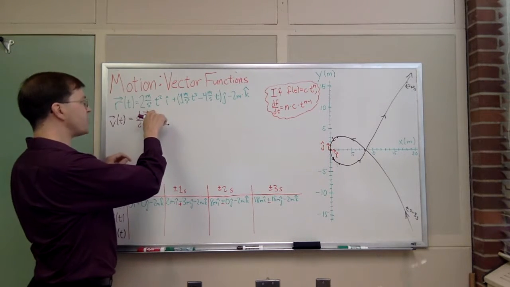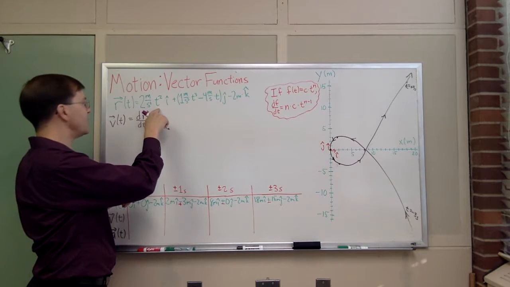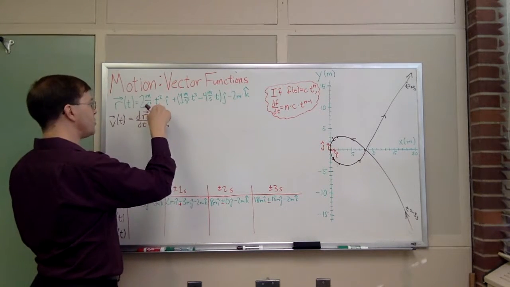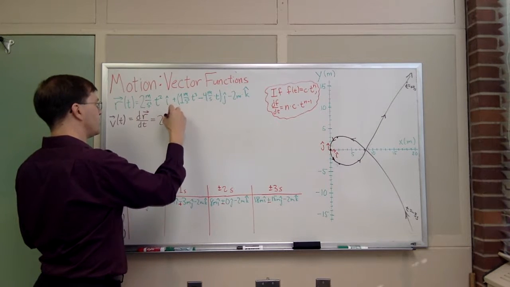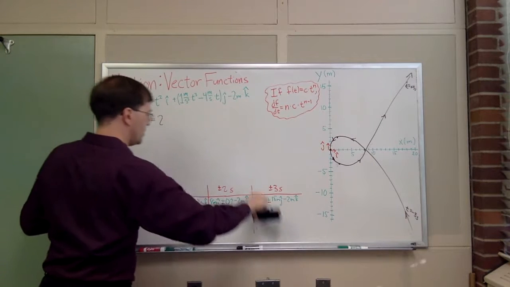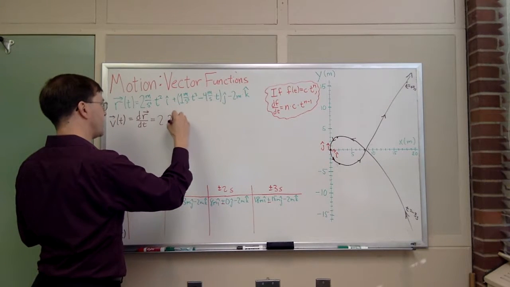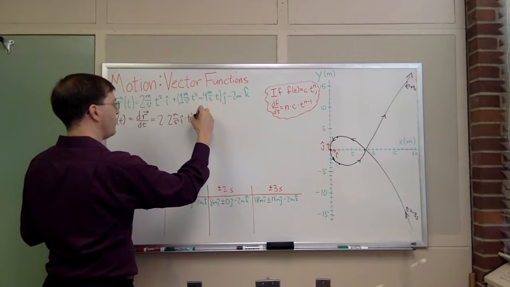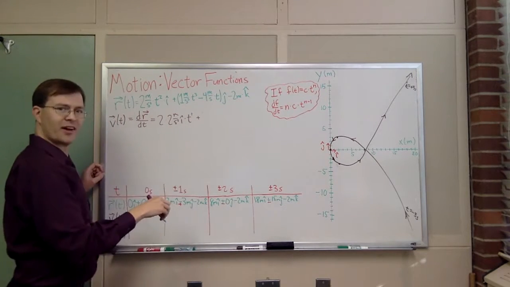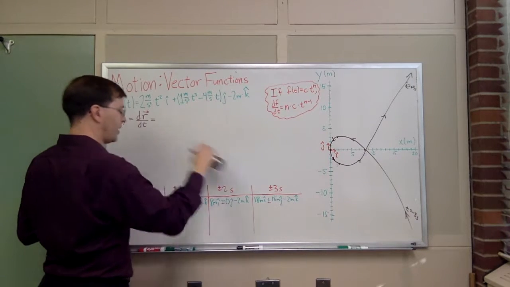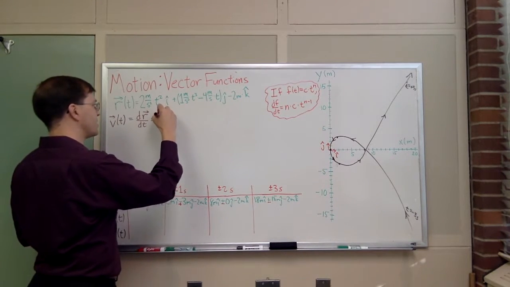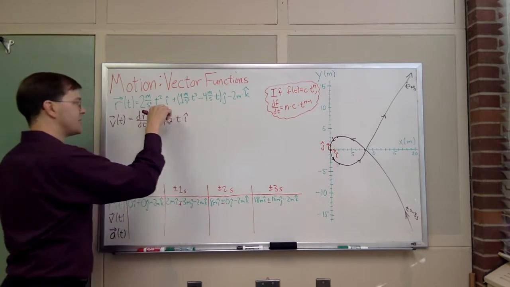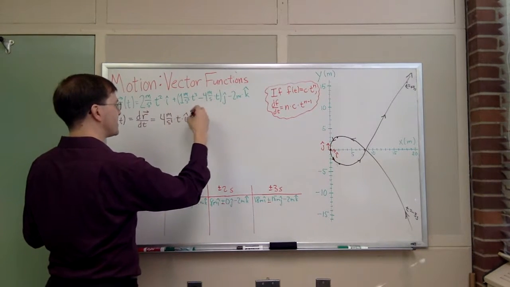So what is this? The derivative of this term, it's a t squared term, and my constant is 2 meters per second squared times i hat. i hat is part of the constant. So the derivative will be 2 times 2 meters per second squared i hat times t to the 1. And then here I will have plus, and I can simplify that, just for the sake of writing things down in a simple way. I'll just say that is 4 meters per second squared times t times i hat, because that's t to the 1. And here, inside the parentheses, I have